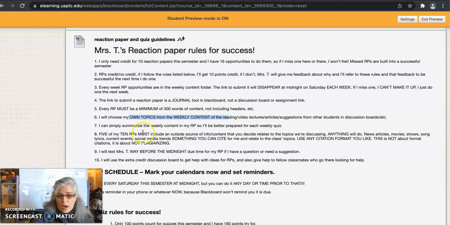So yes, you can summarize the weekly content in your reaction paper and you'll be better prepared for the quiz. I think I mentioned that one already. Now here's one, number 8, that you really need to pay attention to. You have to do 10 reaction papers over the course of this semester, but 5 of the 10 reaction papers,